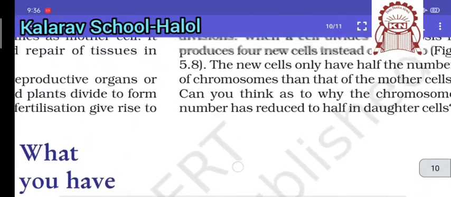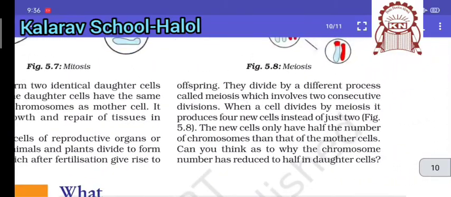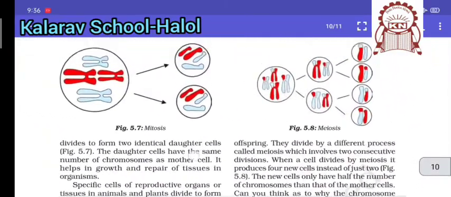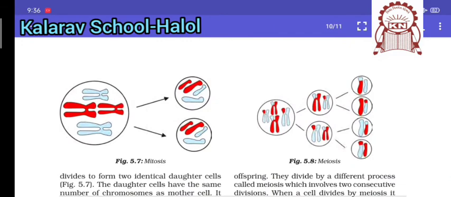So here I have completed cell division, that is mitosis and meiosis. You have to find the difference between mitosis and meiosis, which is very important. I will attach the important questions related to this topic. Here I have completed chapter number 5, the fundamental unit of life, that is the cell.